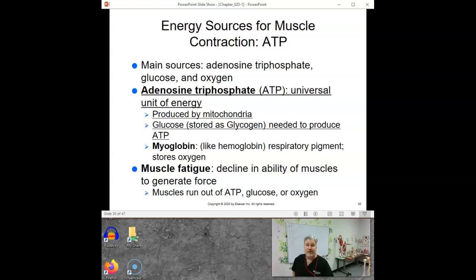Sugar has gotten a bad rap because when you eat a whole bunch of sugar at once, your body's like, I don't need a whole bunch of sugar at once. I need it in tiny amounts all the time. And when you eat complex carbohydrates, it takes your body a long time to break those down into simple sugars, so you get a nice slow drip. You eat a candy bar, you get a whole bunch at once, and it's just too much for your body at that moment. Not that a candy bar is bad, but my point is you don't need that sugar at that moment. That's the problem.